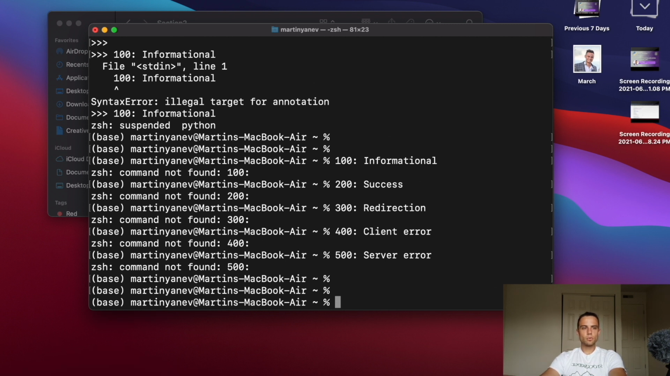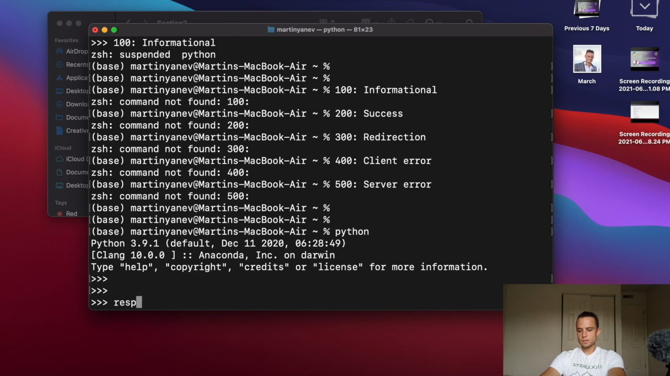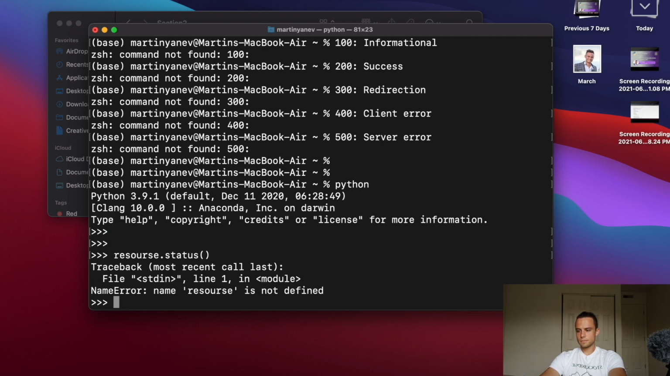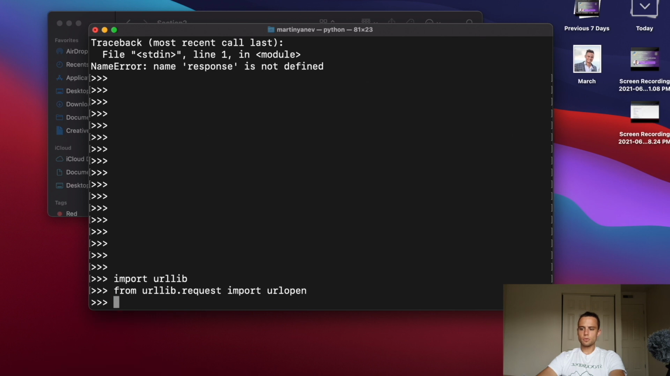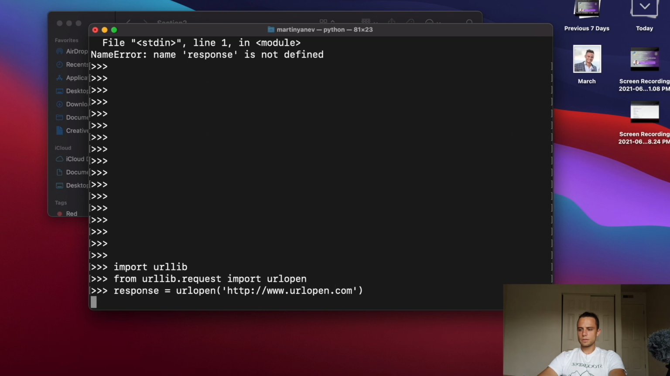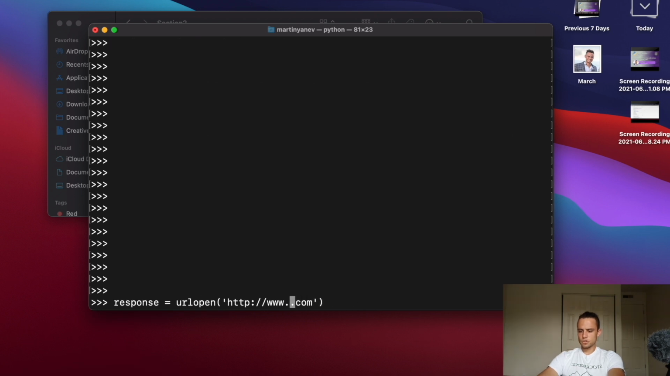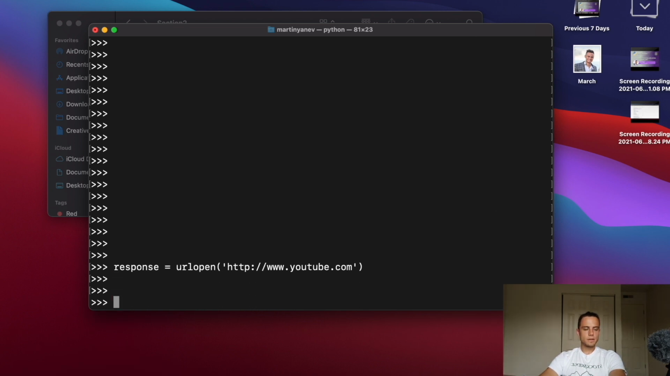check what is the code of our response file. So if I do Python and I do resource dot status. Okay, let's redefine the resource once again. So let me import once again the URL library, and I will also import the URL open, so I can recreate what we already had. So let's run this. Actually, here I write YouTube. Let's run it, and now we can simply do